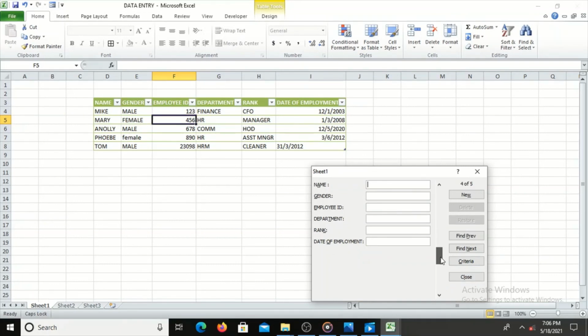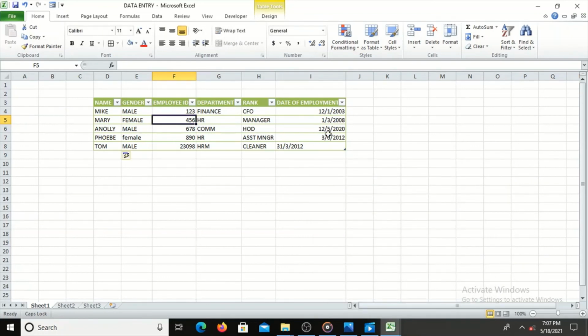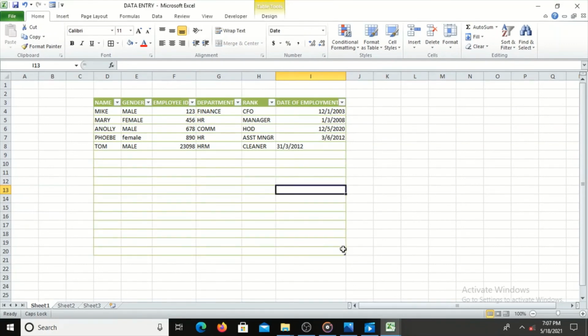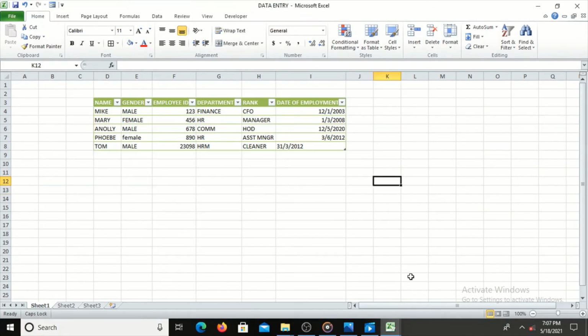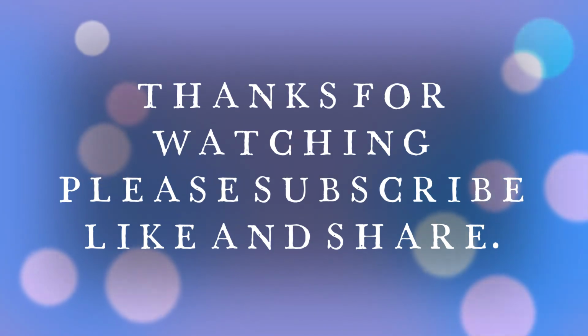If the list is long, you can use this scroll bar to scroll through. You can also use this to scroll through. Now you can use criteria, find next, find previous, new, delete, and you can close it if you've entered what you wanted to enter. You can also check this of undo table expansion, that will deter the table from expanding automatically. Let's just leave it at that point. So that is how you enter bulk